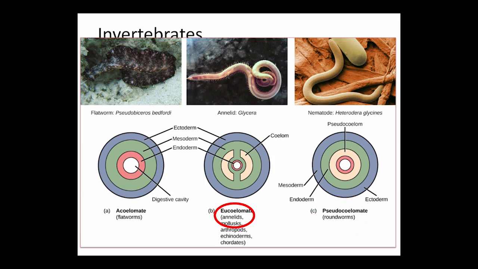With the eucoelomate, we have the coelom, but we have the suspension. We have that mesoderm all around and attaching to the digestive tract. So it's kind of suspended, and that is in the annelids, the segmented worms. That's where we first see this true coelom. So it's just going to kind of give that digestive system and those organs a suspension, and so they can move around with the animal.